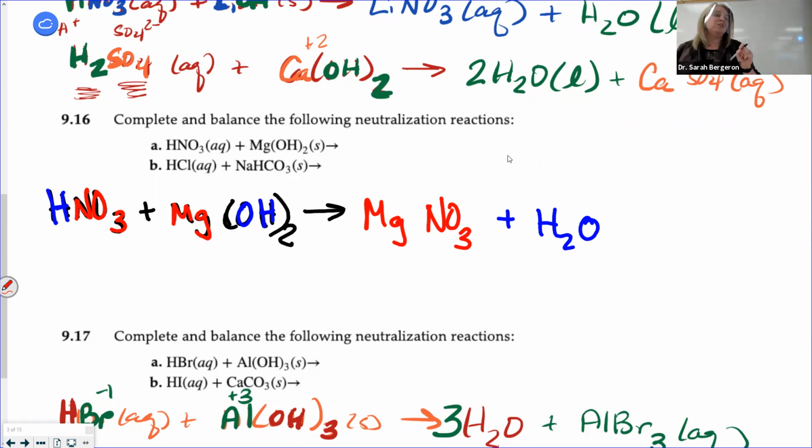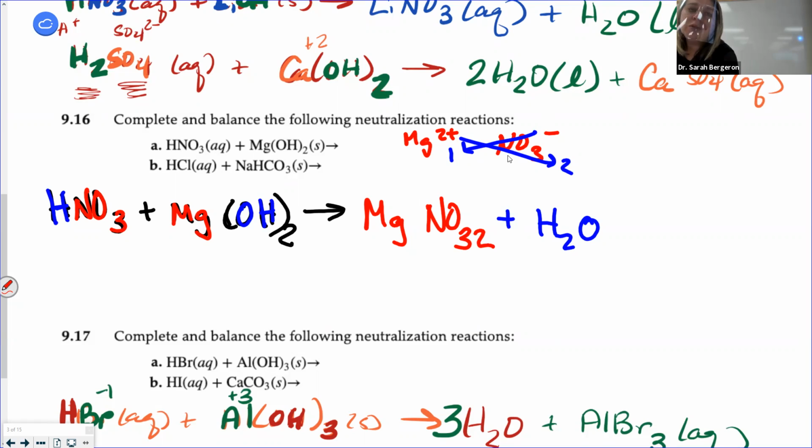Now, you have to make sure that the charges are correct. I just made an ionic compound, right? Mg is a metal, and NO3 is a polyatomic ion. But is my formula correct? No, it's not. What's the charge on Mg? Mg is 2 plus. What's the charge on NO3? -1. So I have to cross them over, right? So I get Mg1. Okay, I'll leave that. But then my NO3 2.